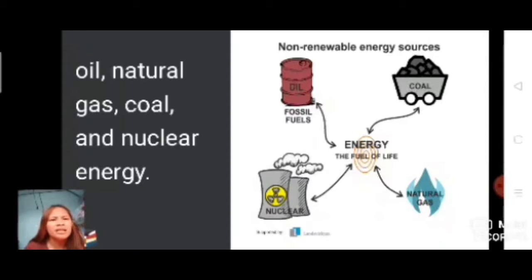So, you can see on the other side, a picture all about non-renewable energy sources. So, these types of